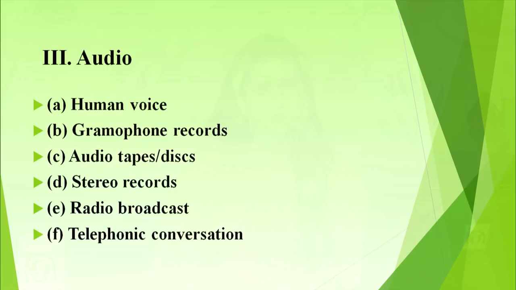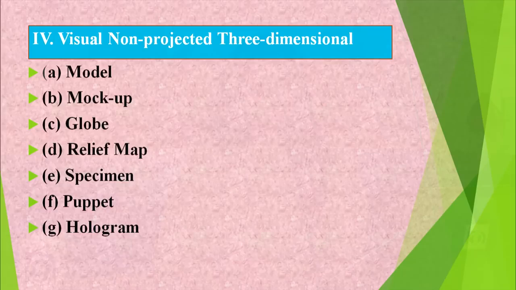And the third one is audio. In audio, it includes human voice, gramophone records, audio tapes and discs, stereo records, radio broadcast and telephonic conversation. And the fourth category is visual, non-projected, three-dimensional aids, and it includes model, mock-up, globe, relief map, specimen, puppet and